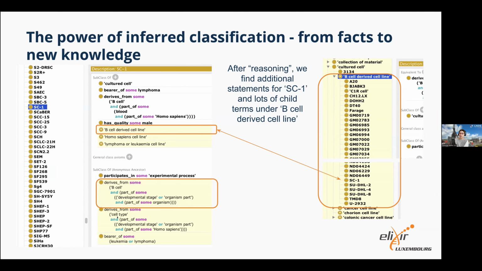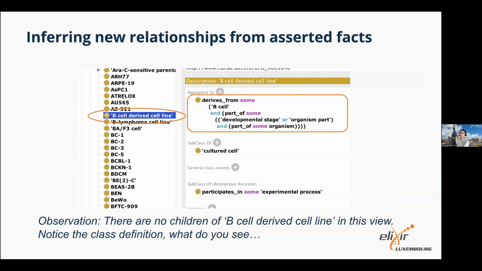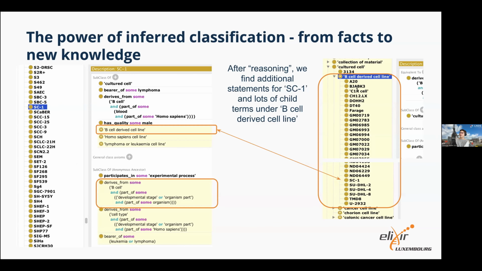It's now inherited a bunch of things, such as the definition that we looked at a minute ago from B cell derived cell line. The other important bit to note is B cell derived cell line, no chevron before, now it's got a whole load of children, including our friend SC1. So this is a very particular example related to cell lines. You can do this sort of thing for any domain of knowledge. You can define patterns. You can state facts with these patterns that you know about a specific concept. And after reasoning, you can build this body of knowledge. Now, if you're looking at one single cell line, and at this example, you might go, well, duh.